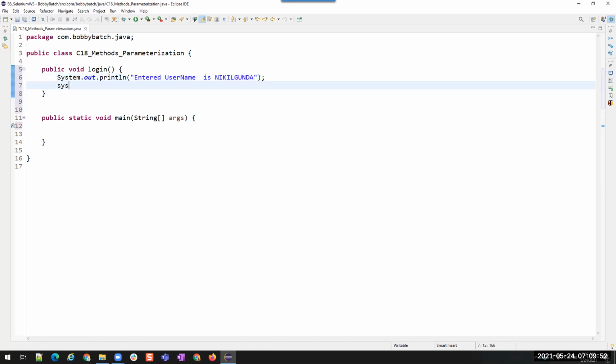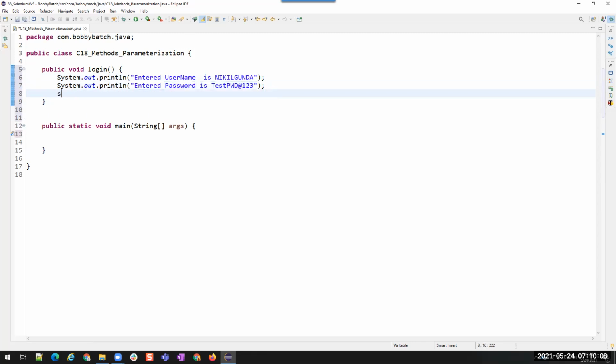So some operation we are doing actually. Password is, then so suppose we have a login method here.